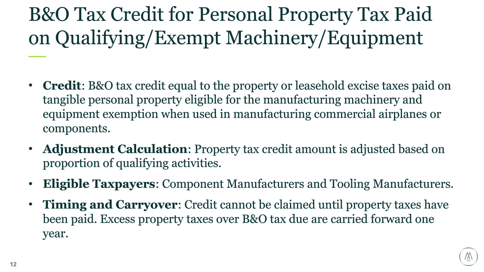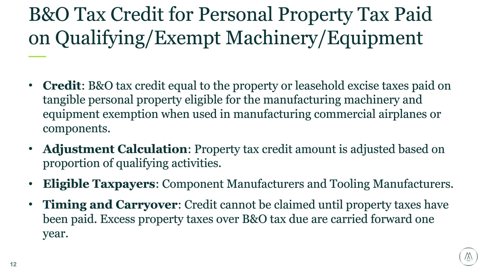And I think a large part of that is because it requires coordinating two different returns. Matt mentioned earlier paying these property taxes to a county, but the credit itself is taken on an excise tax return, and so you have to be able to coordinate those two different filings, which are actually filed at different times during the year. So you're filing your property tax in April and October, typically, of the year. Your B&O tax reporting occurs on either a monthly, a quarterly, or an annual frequency. And so I think that's a reason why a lot of companies end up missing this.